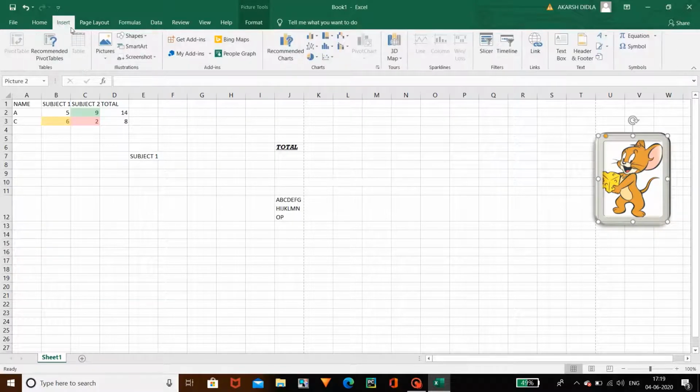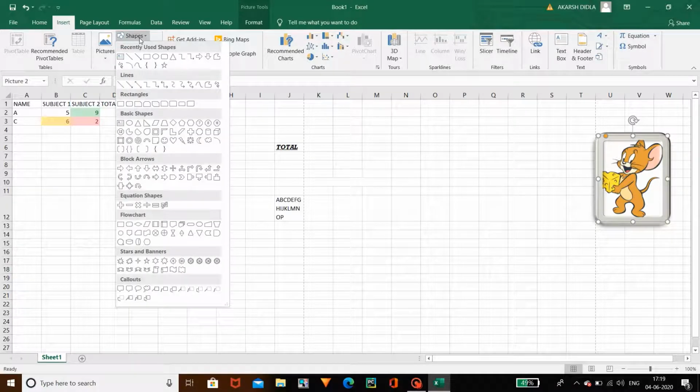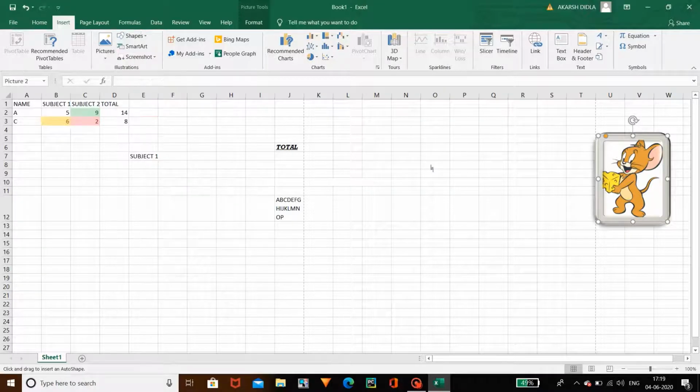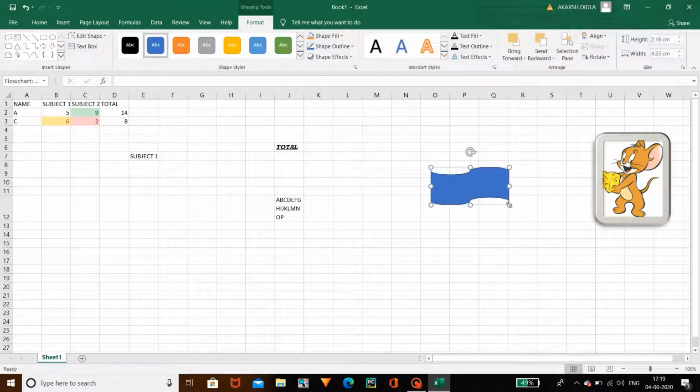And coming to another option, likewise you have different types of shape options. You can use any type of option. Likewise, I will show you an example. If you want to insert this, likewise you can insert it, and you can change the colors like this. You can change different types of colors. If you want to change the colors or the sizes or the font styles or word style, you can use this option.